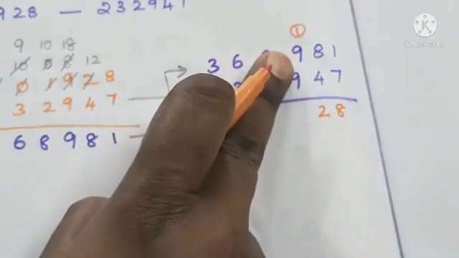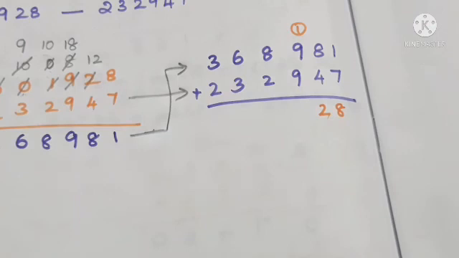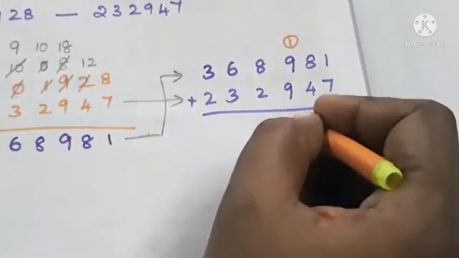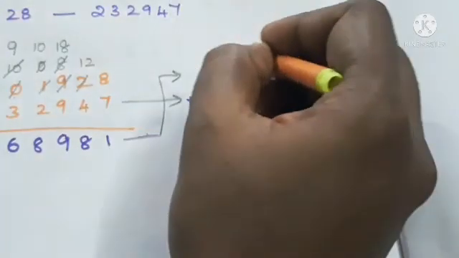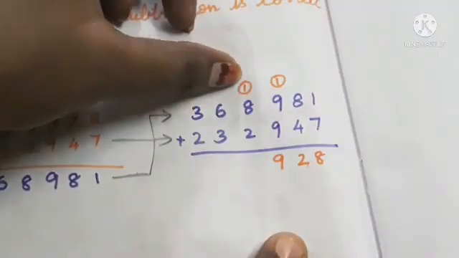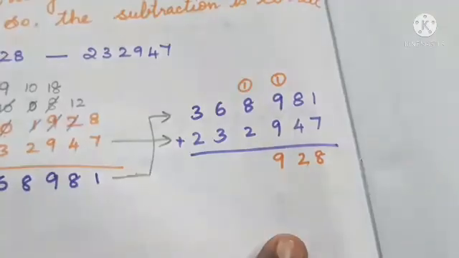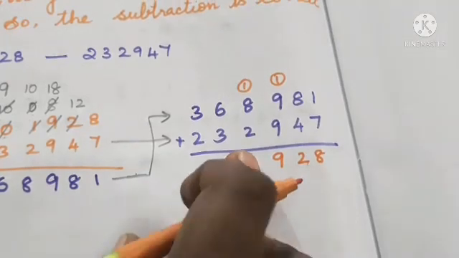So 1 plus 9. 9 in the mind, take 1 in the finger. 9 after is 10. 10 plus 9 is what? 10 plus 9 is 19. So we will get 9 here and 1 will be the balance. Next, 1 plus 8. 1 plus 8 is what? 9. 9 plus 2 is 11.